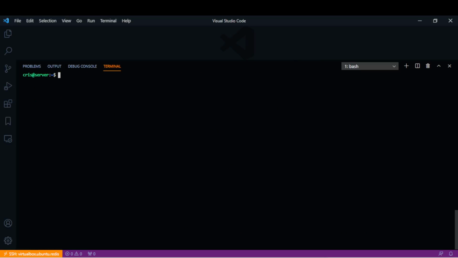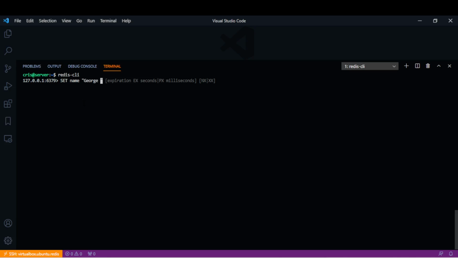To start a Redis command, we need to type redis-cli. So to set a new key value pair, as you can see, Redis helps us set this string key and value, and we just need to type our key name, for example name, and then the value that we are going to set, for example